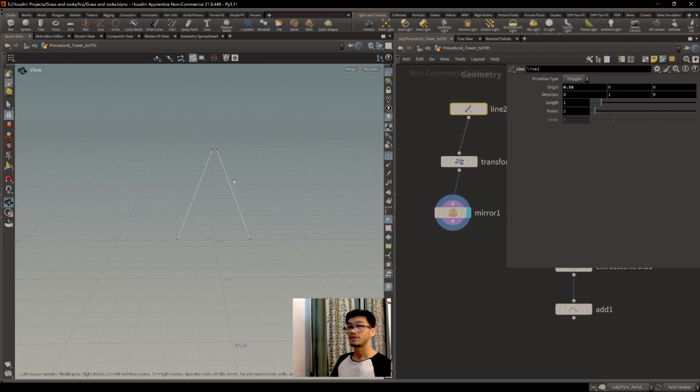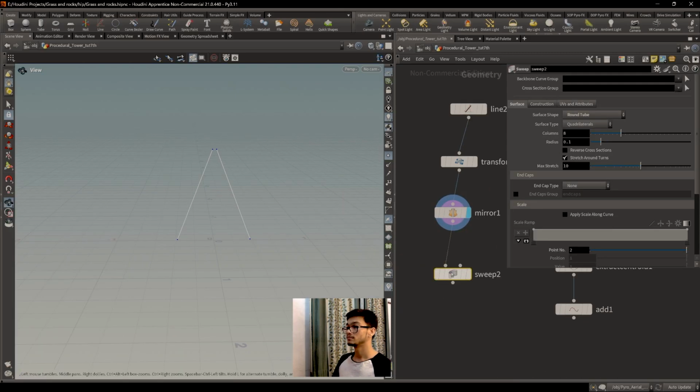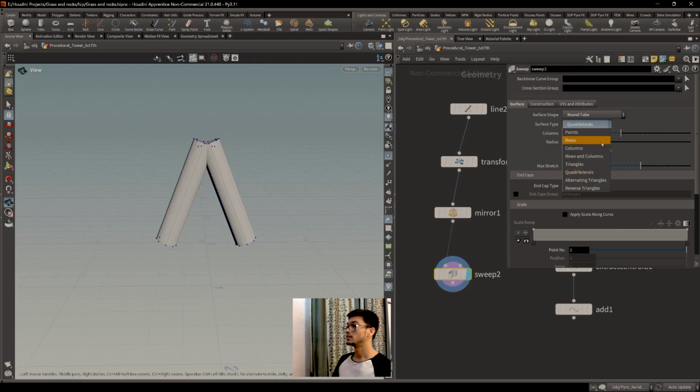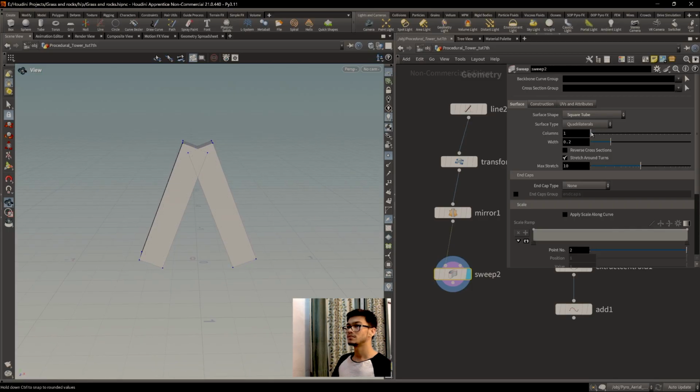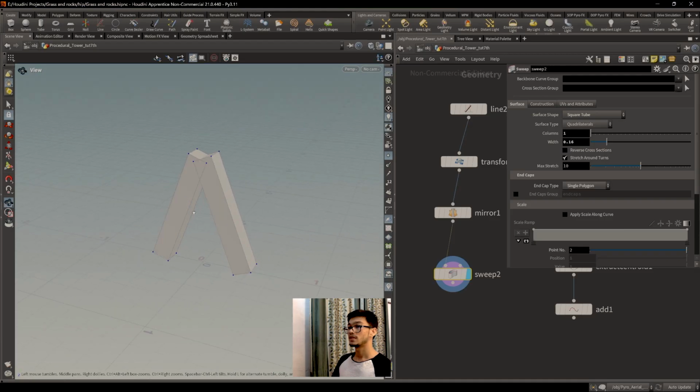So we have this structure and give this sweep, round tube, square tube. We don't need columns, and you can decrease the width also. Okay, right. These are very thin. We can increase the width, something like this, and single. So we have something like this,